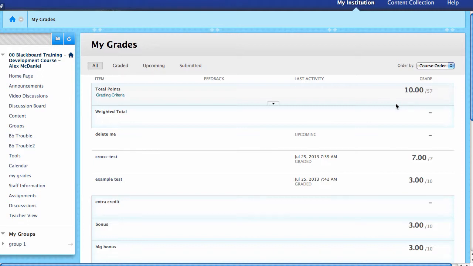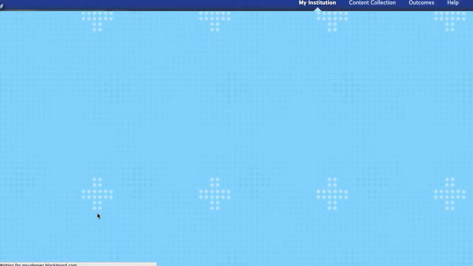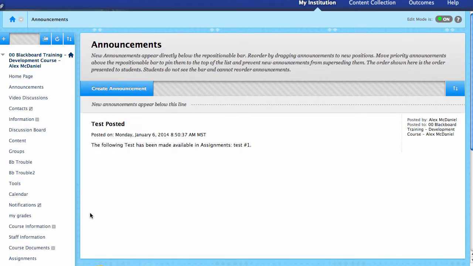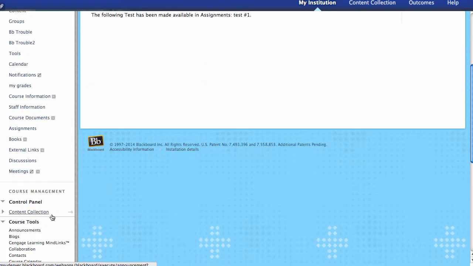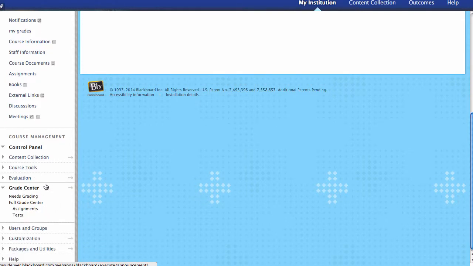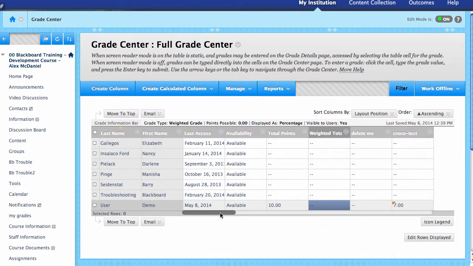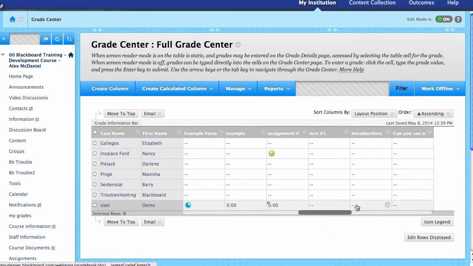So you can't just leave those columns as blanks. You have to go in and enter a 0. Otherwise the system won't automatically calculate it for you. So your percentage or your total points is going to be off because the system's just not calculating it. So if you want the student to have a 0 for that specific assignment, you do need to go into the Grade Center, find that column and that student, find those dashed lines, and go in there and actually enter a 0 on that column,